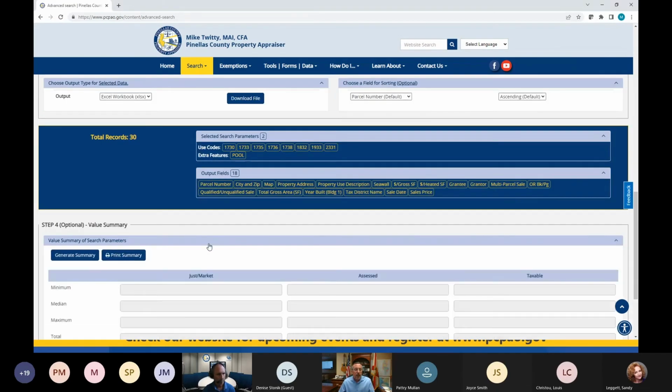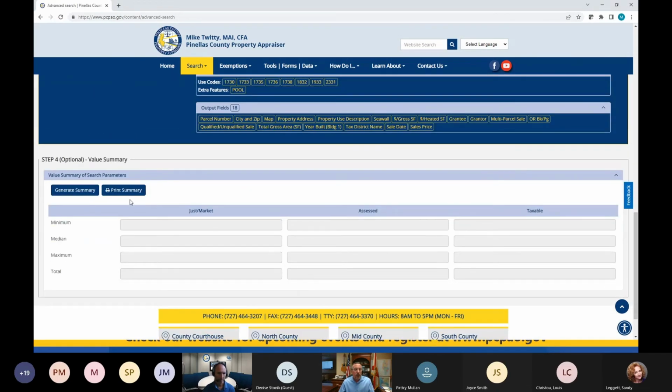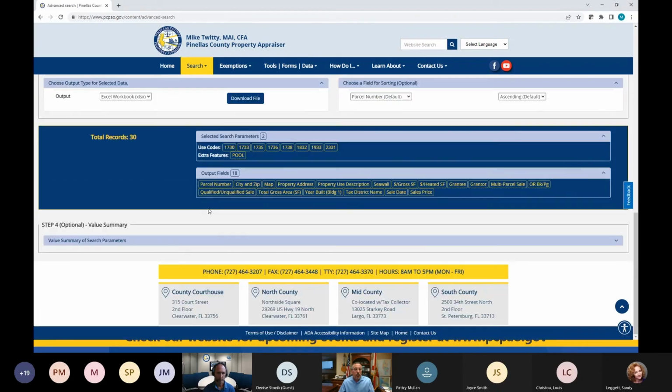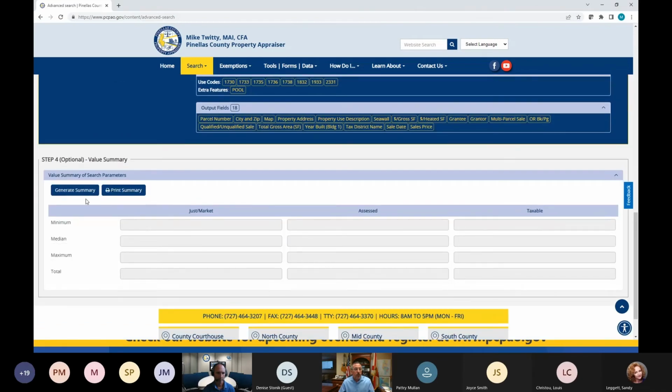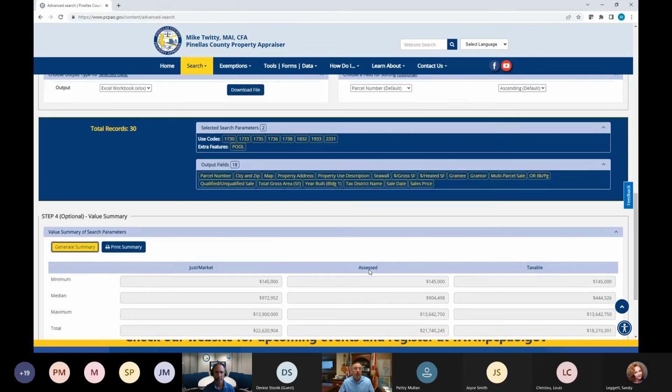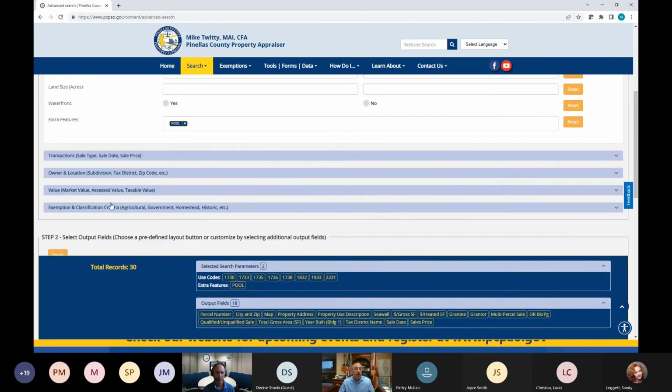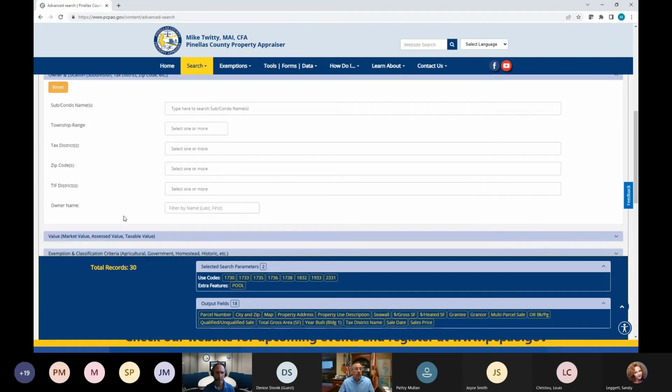And then you have an added tool. If you're in a municipality, this can be kind of a nice little tool here. Whatever your search parameters were set on, you can open this up and generate a summary, and it will give you the just, assessed, and taxable values with a min, median, and maximum and a total for whatever area you picked. So if I was back up here in input and I wanted a certain jurisdiction, for example,